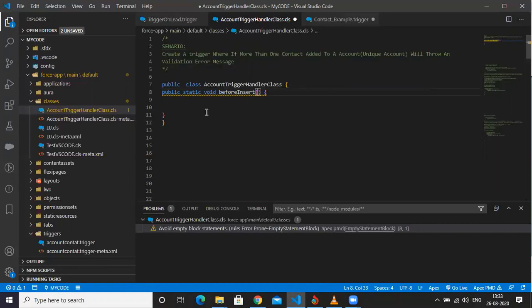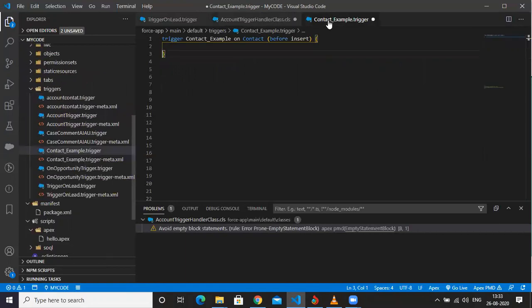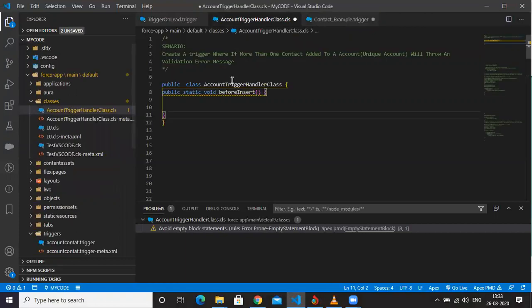Later on, this is my Apex trigger, in which I call this class along with the method, and inside the method, the parameter. So let's start.